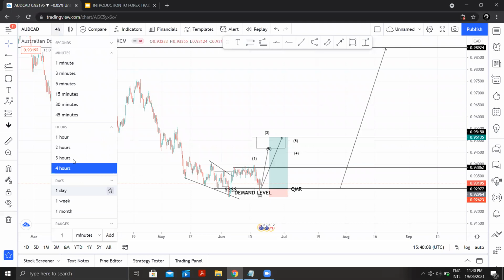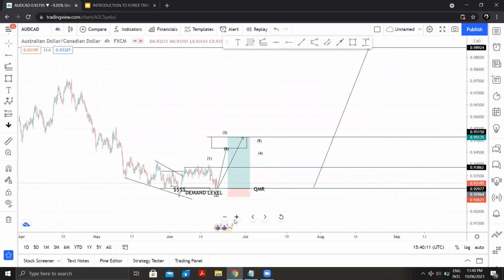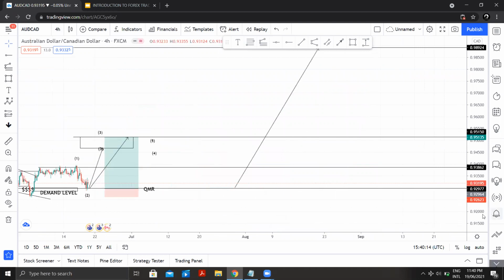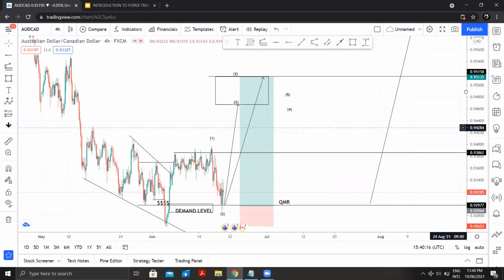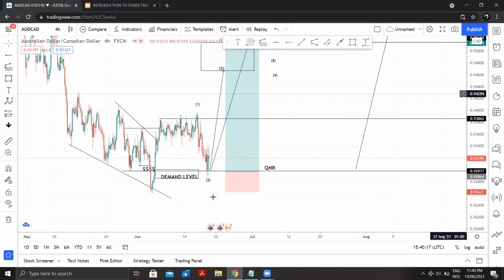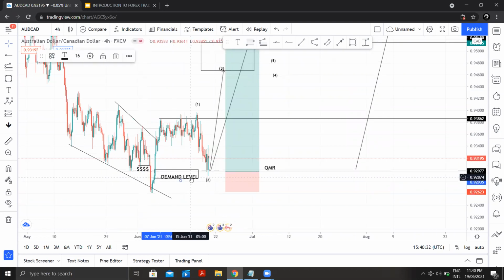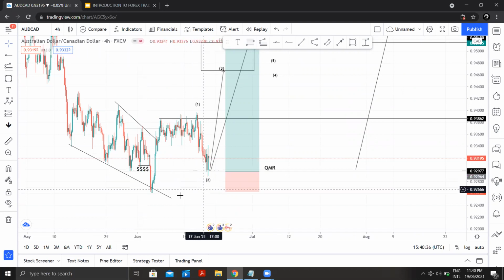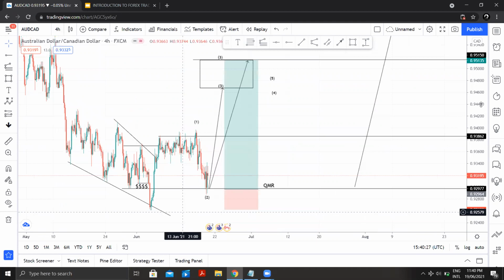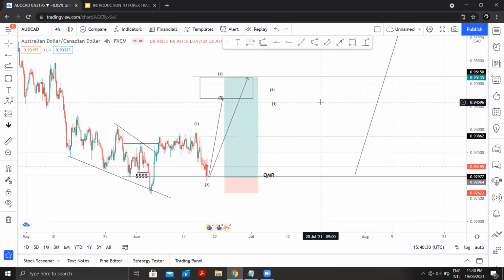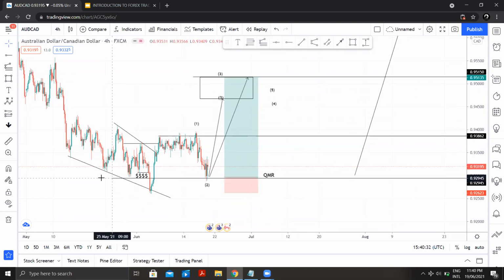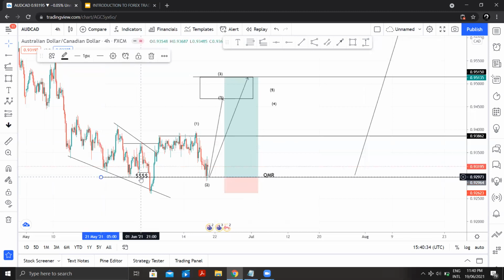So looking at this, I gave this setup last week. Can you see the same thing? This is the liquidity. This is our demand level. And this is our wave. I combine supply and demand and Elliott wave together. So can you see now, this is the liquidity. There is a small liquidity here,